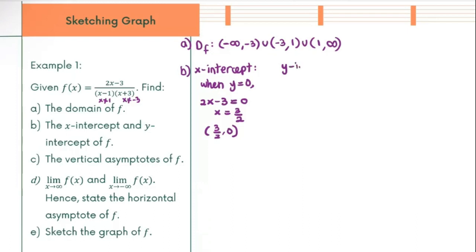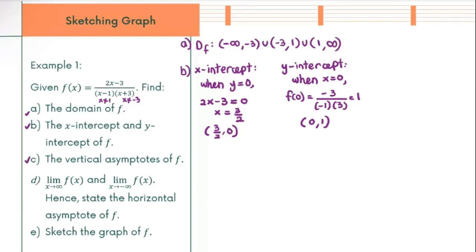Dan untuk y-intercept pula, y-intercept adalah apabila value of x kamu sama dengan kosong. Okay, so gantikanlah your f of 0 here will be negative 3 divided by negative 1 darabkan dengan 3. So kat sini kita dapat berapa? Negative 3 bahagi negative 3 adalah 1. So that means the coordinate here will be 0, 1. Okay, so ini adalah value kepada x-intercept dan juga y-intercept. Okay, seterusnya